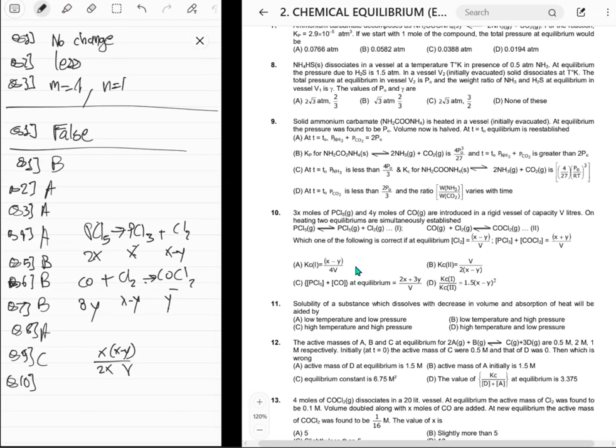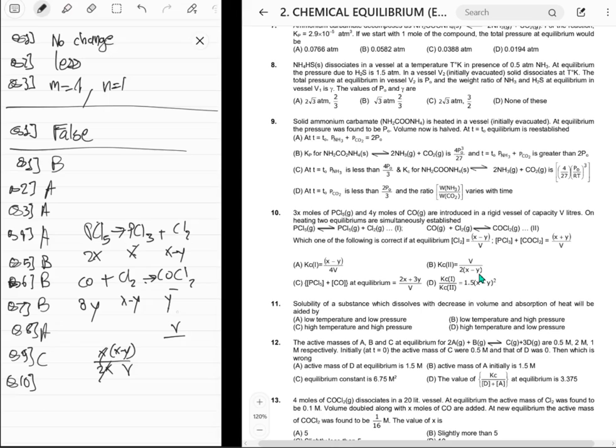So A is kind of problematic, I would think. Oh wait, this cancels. So no, not 4V. That's different, right? That is different, so no. Kc for the second reaction, that is okay. So that's there. V is always there. So (x minus y) upon 3 times what is this? Oh, okay. So 1 upon that. Fine. So V upon